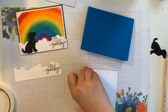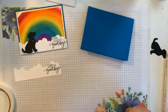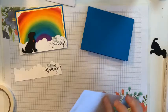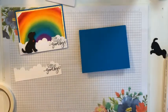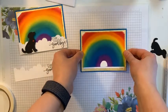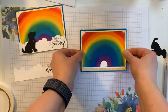Do any of you guys use your water painters much? I've been using them a lot more lately, and especially with this wide-tipped one. I'll have to show you guys. We used the wide-tipped one with my stamp club this month as well. And we did this fun